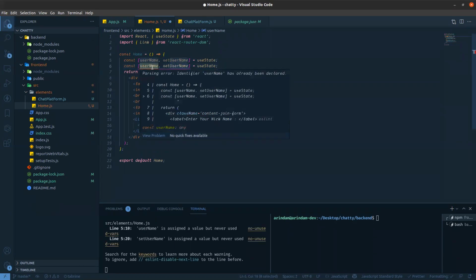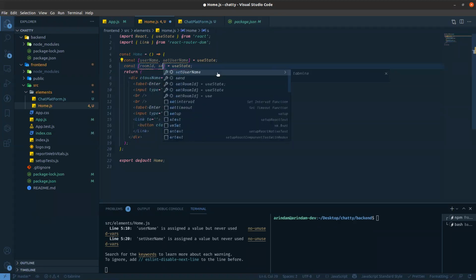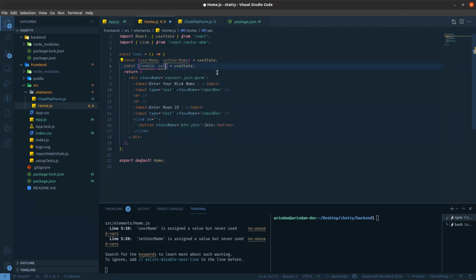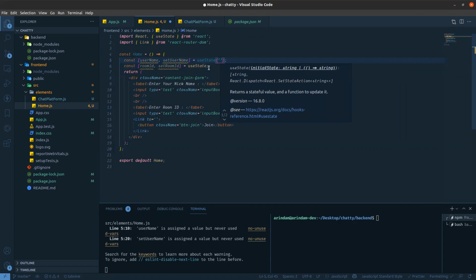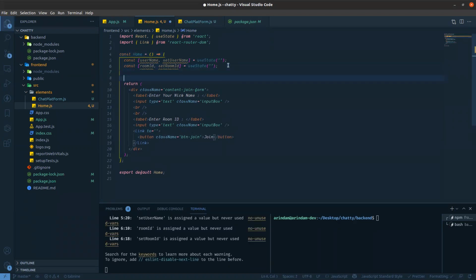So what is state? State is actually nothing but it holds your variable's value, and you can set, that means you can change that value, with the set function. So we set room ID, where useState should be blank here also. So in the initial state, everything should be blank.